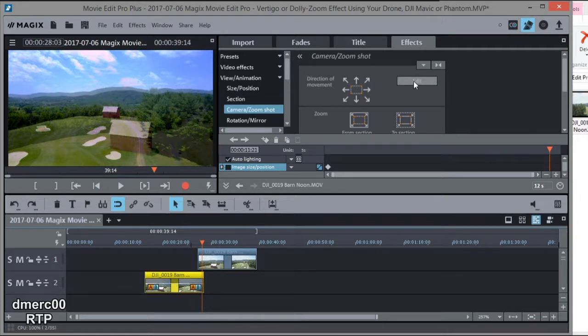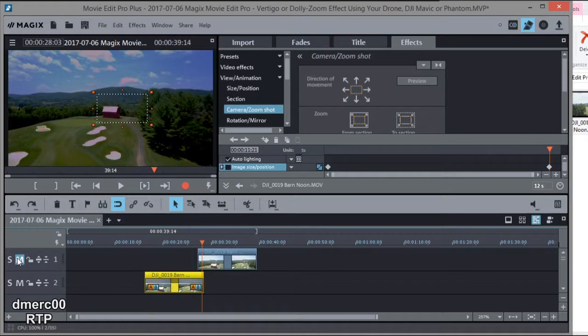We're going to go back to edit mode, and we're going to try to just get the barn to be the same size. So I want to grab a little bit of those trees, and if I want to hit this mute button over here, I can take the other video out just so I can see what I'm doing. So I'm just working on this bottom video. So I want the barn to be about the same size, so we'll do a comparison, and I'd like to get some of the trees in too. Let's make this a little larger, just about like that, just for now, and we'll get some of the trees right there in. Okay, now let's turn the mute off,